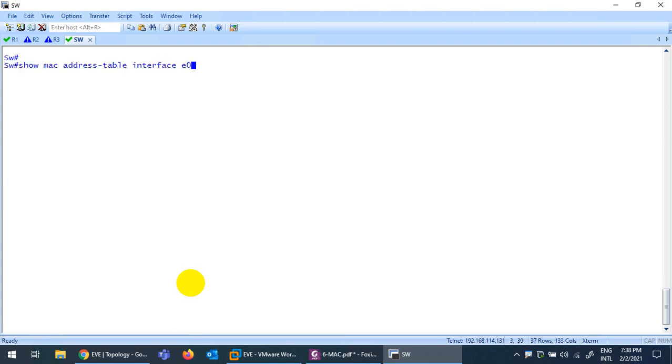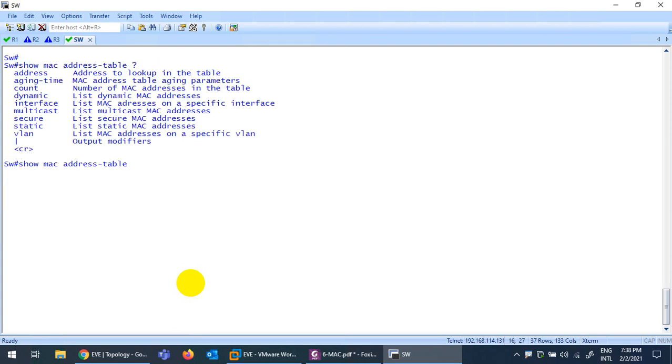Next one is multicast. Later in the course we will do multicast, so forget about this one. We never configure multicast. It will show you multicast addresses. Secure we will also do in the security section, where we will do secure MAC addresses. Static, I am interested in. It will show you statically configured MAC addresses. Right now there is nothing.